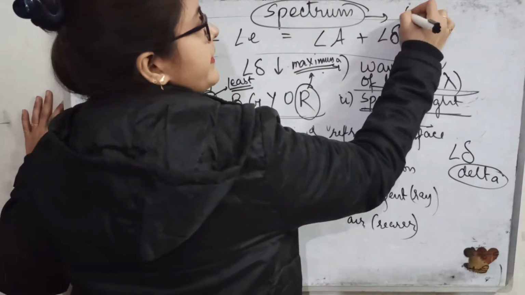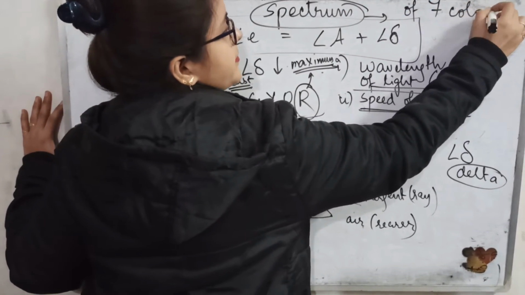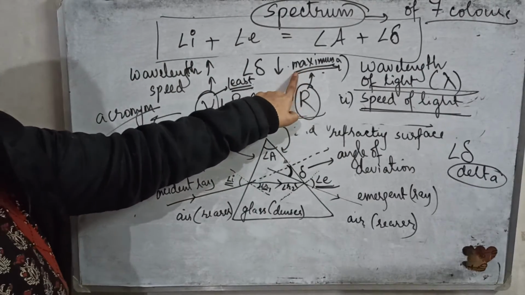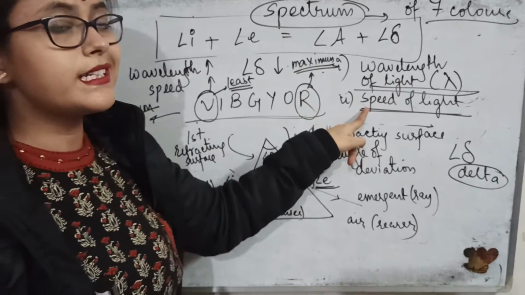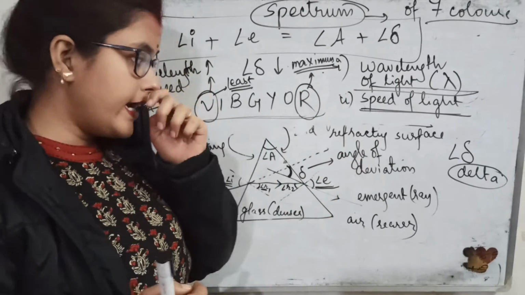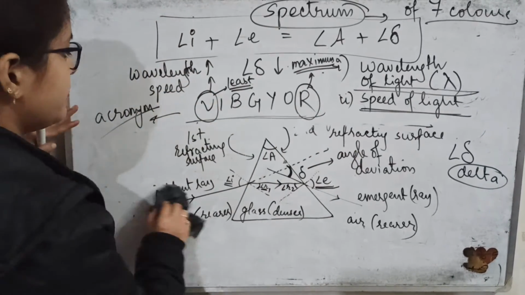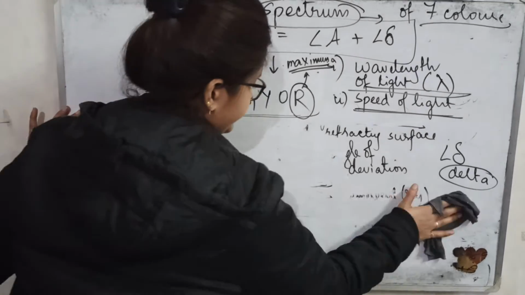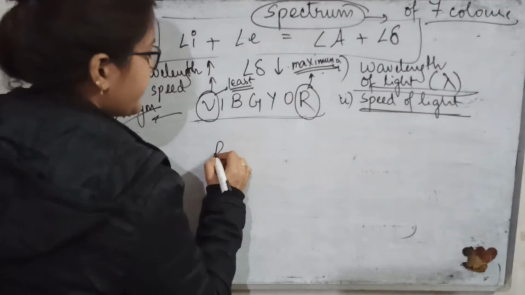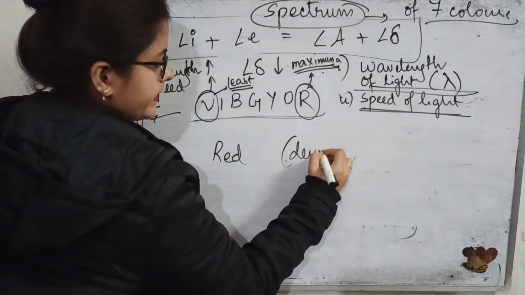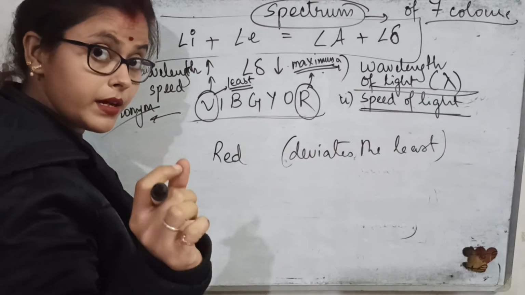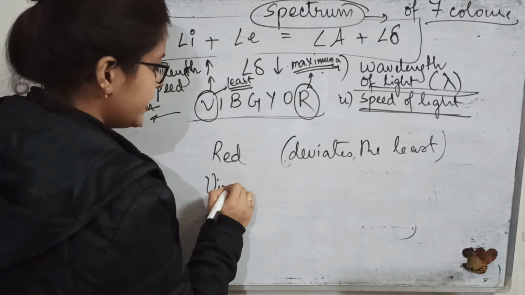So it will form a spectrum of 7 colors of light, where we will see that red, since red has maximum wavelength and red travels with maximum speed, gets minimum deviation. Red color deviates the least. You must remember. Red deviates the least. That is, red shows minimum angle of deviation, and violet